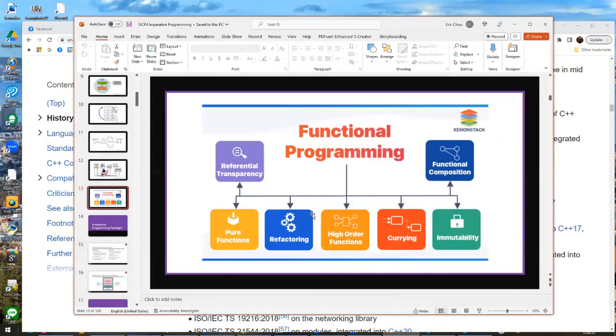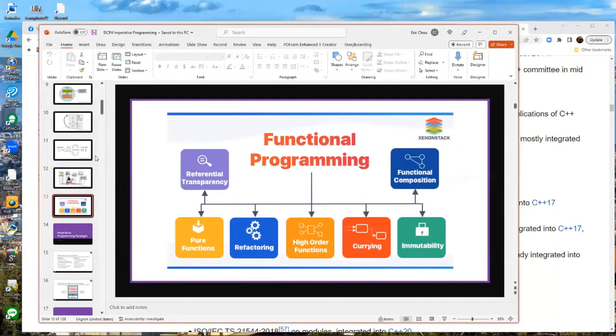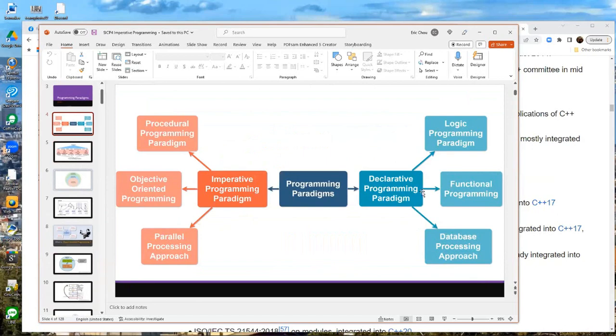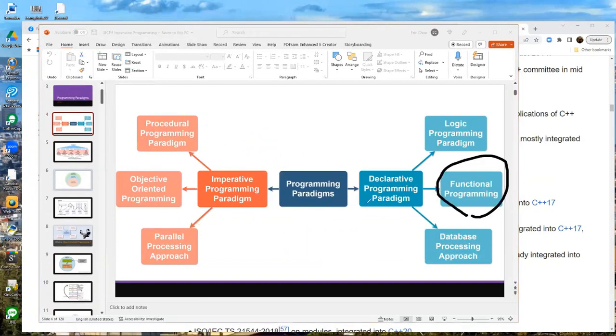Functional programming is not considered to be part of imperative programming. It actually is a feature of declarative programming, but this is arguable. Imperative programming, if you install functional programming, is also possible. But in the old days, functional programming's main idea was simpler, actually closer to Lisp. So you have a function,